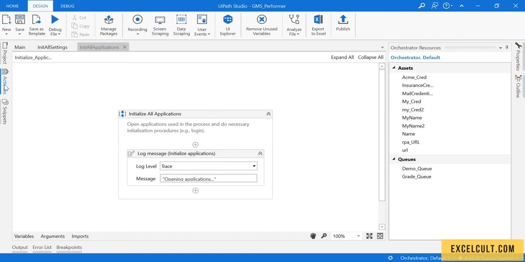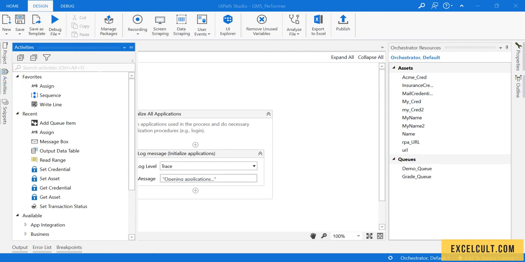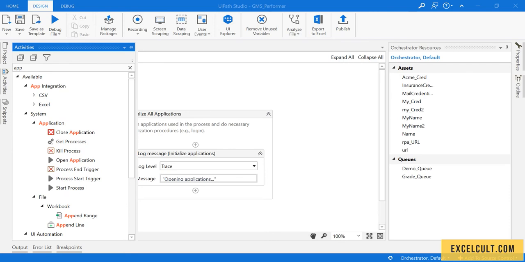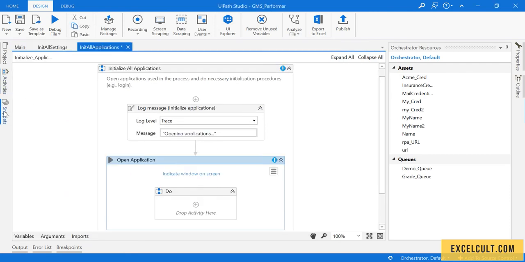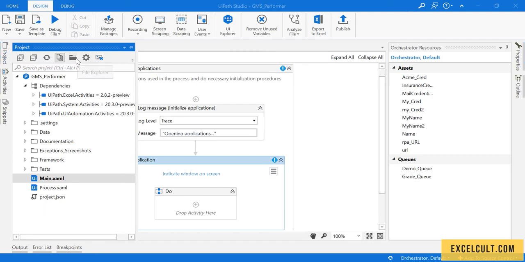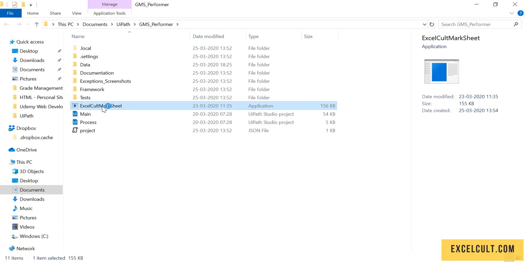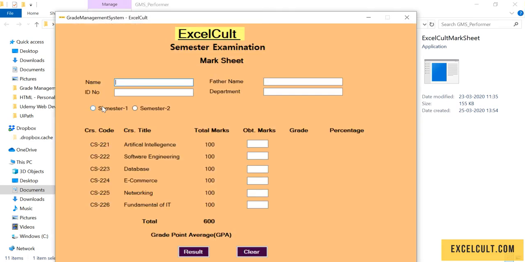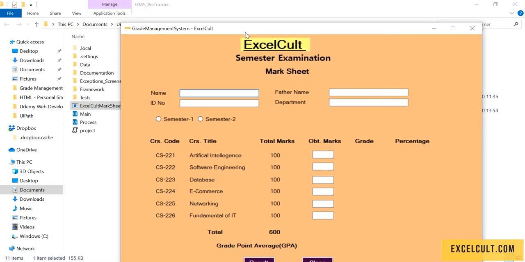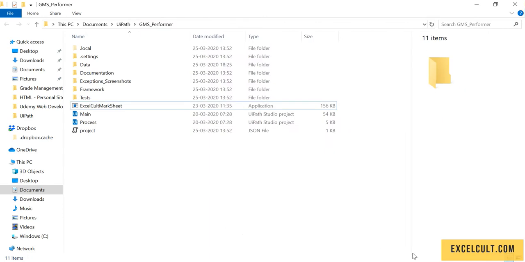To do that, go to the activities and use application. Here you will find open application. So in the project file, I have copied that application. You can just double click on that. It will be available to you in the source code. Once that is done,